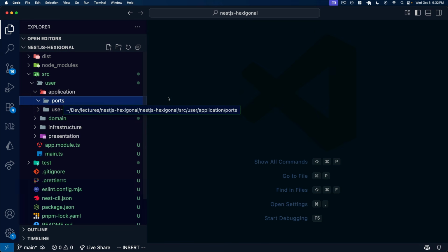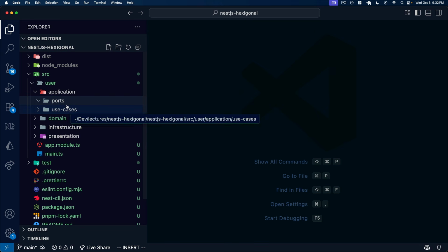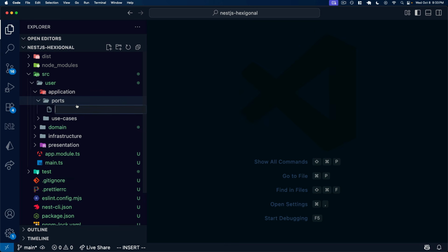So in this example, we want to use a simple repository pattern to model a database. And so this repository will be responsible for actually creating and reading new users into our system. So this is where we would plug in our database layer using some sort of ORM. However, by creating a port for it, we're going to be able to swap out the implementation for the database at any time. So let's go ahead and inside of application ports, we'll create a new